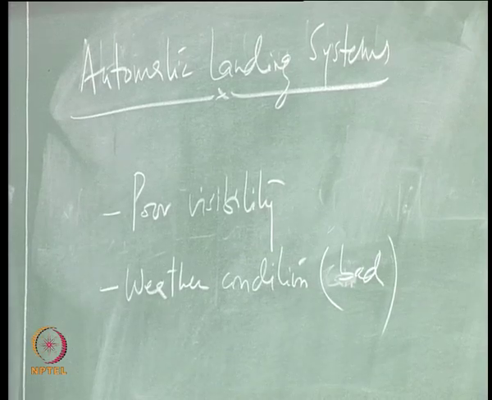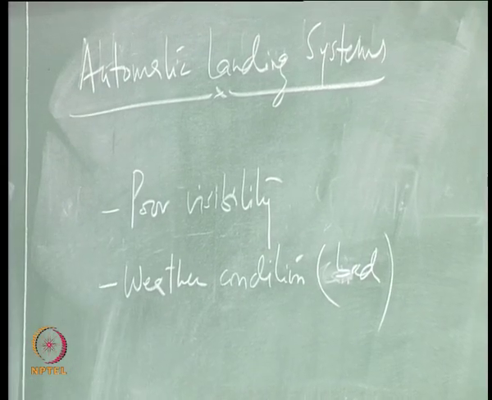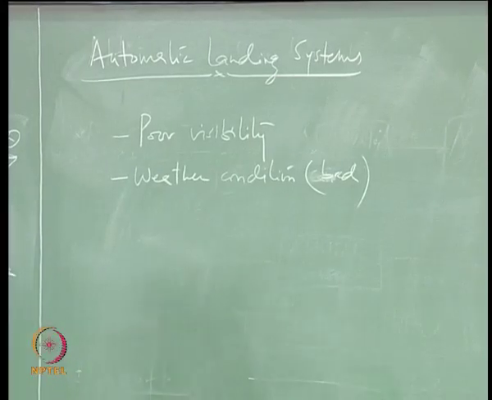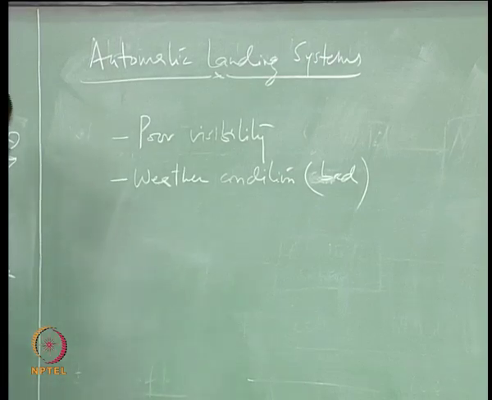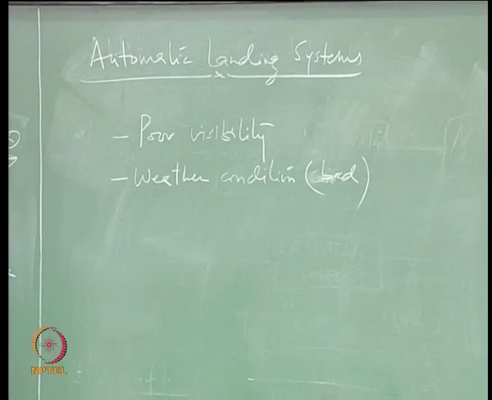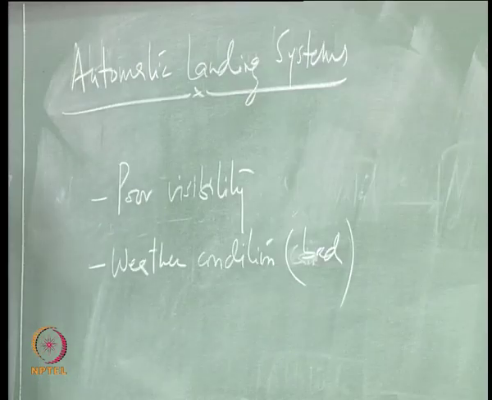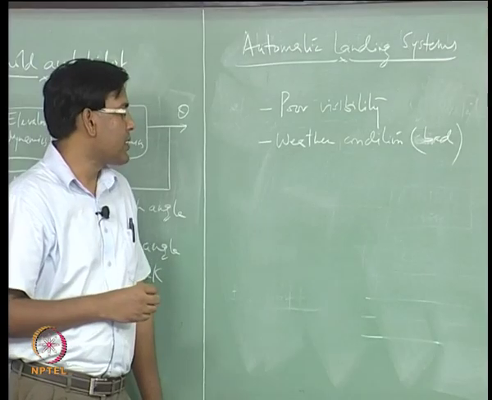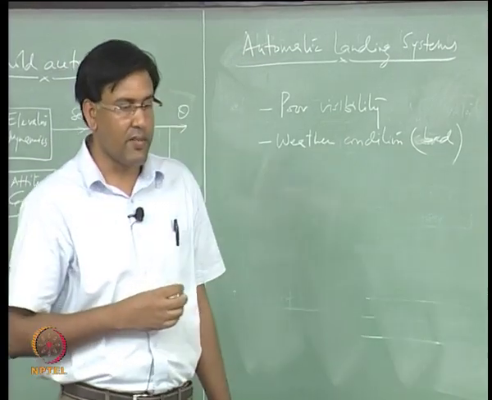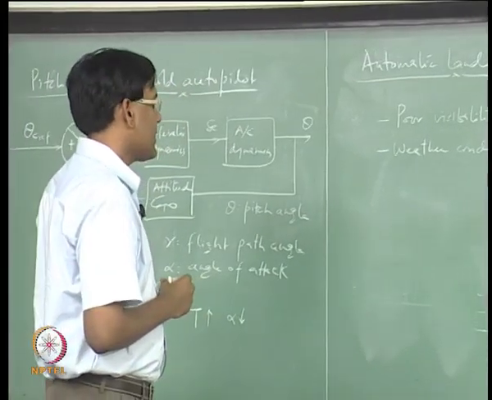So, what may just happen is when an aircraft is approaching the runway or is about to go on to a landing approach, it may just find itself slightly disoriented from the center line of the runway, and there could be presence of wind also which can move it laterally. So, if the aircraft does not have an autopilot kind of landing system, in such a case